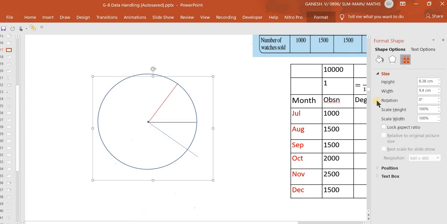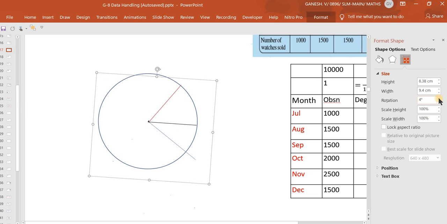If you see it here, it is at 0 degree. This needs to be changed to 54 degree. So for that I will click the upper button. As I click, the degree of rotation is increasing, and the entire grouped figure is rotating clockwise by 4 degree.